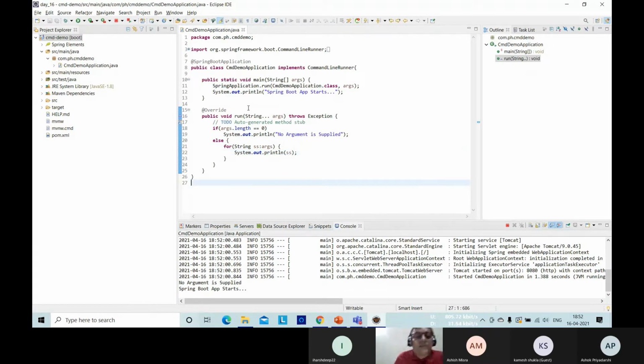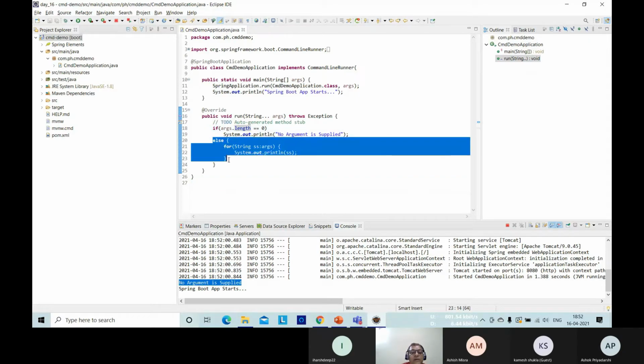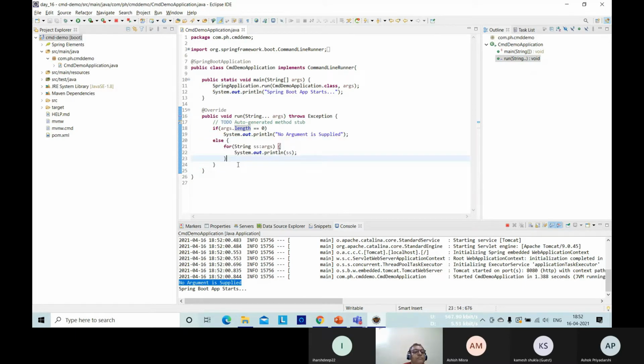Once the argument is supplied, we will not have this kind of message. It's not basically an error. If an argument had been supplied, then it will go to the else part, and then this else part will execute.